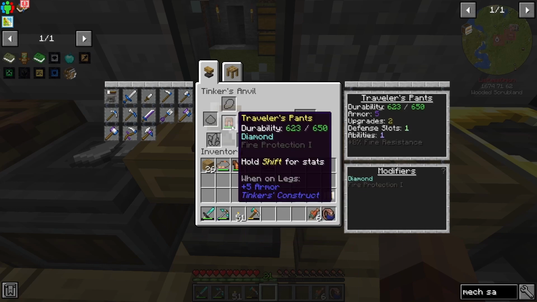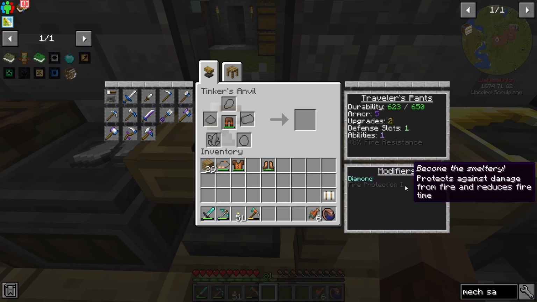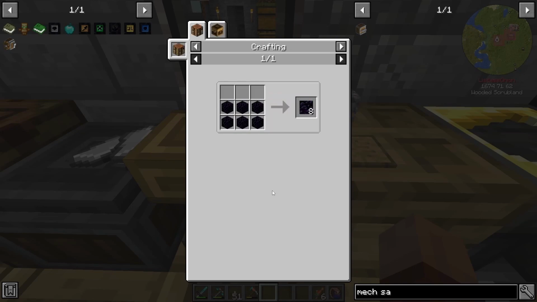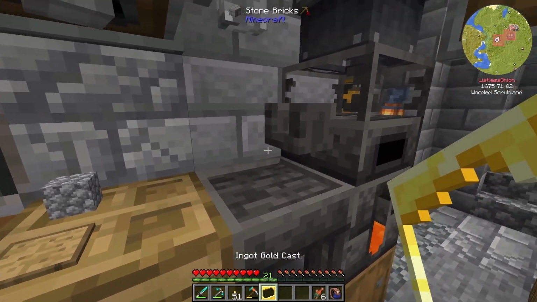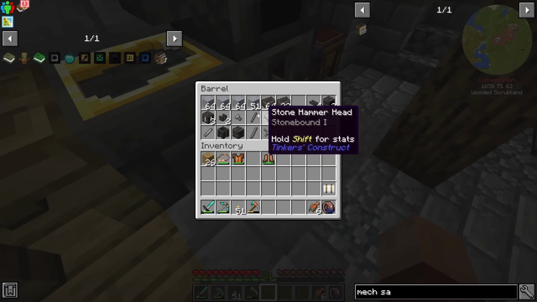And also on the traveler's pants, I went ahead and added these things here, the seared reinforcement for fire protection 1, which is the equivalent of 8% fire resistance. These are made with obsidian panes, which you can make like this. It's like 8 obsidian panes per 6 obsidian, and you just put the obsidian pane like in here, just like this ingot gold cast, right? And then you pour on it molten seared stone, and molten seared stone can be made very handily with some